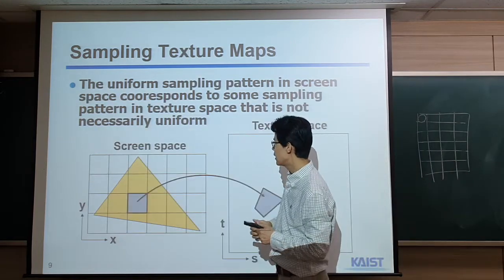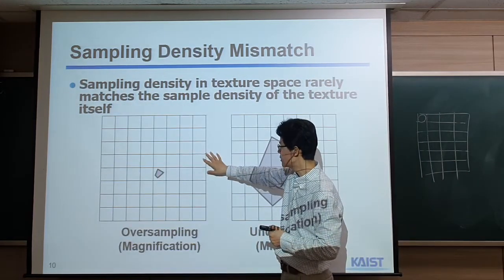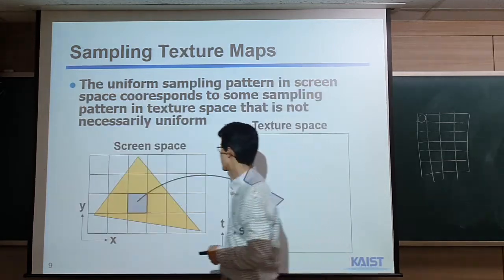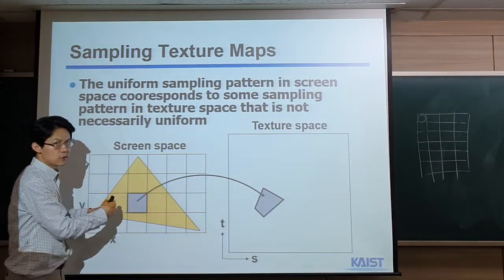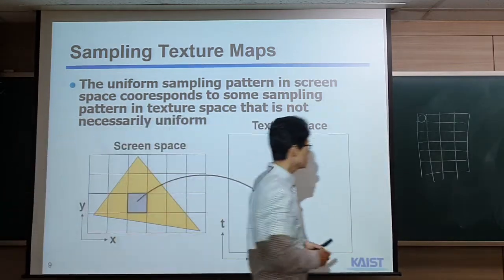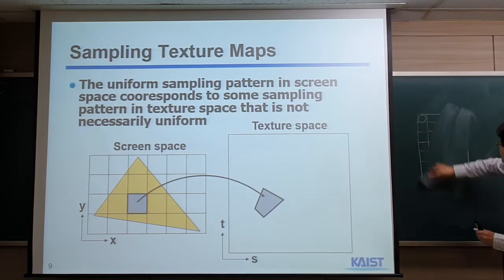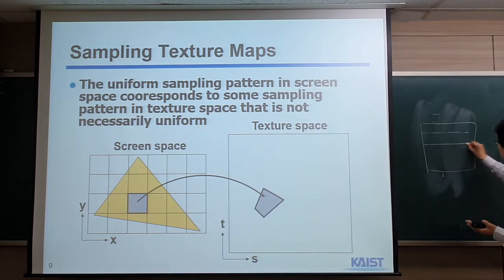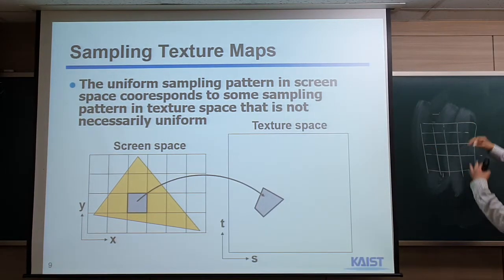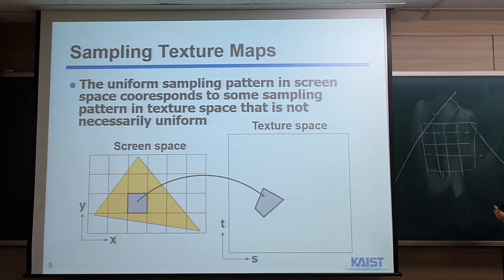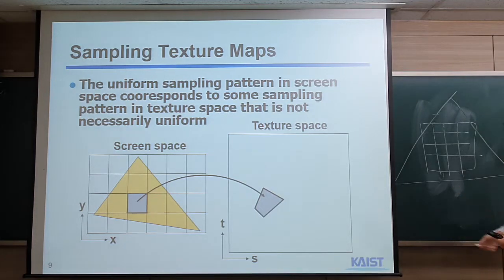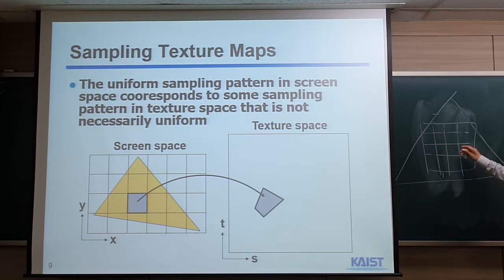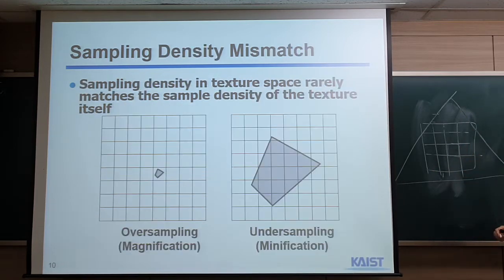Suppose that I magnify the triangle a lot. In other words, I'm zooming in on the triangle a lot. Suppose that this is your screen space, your window, and this is your pixel, and then I zoom the triangle a lot, and I might get a triangle like this, right? Somehow I have to draw the triangle in a very big way. Okay, so then when I rasterize this triangle, for this pixel, maybe it maps to a very tiny